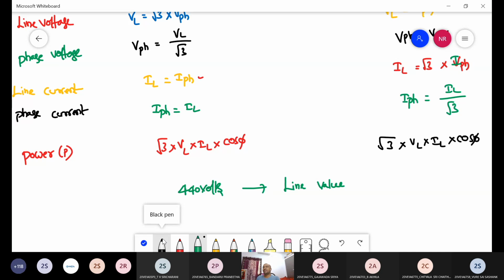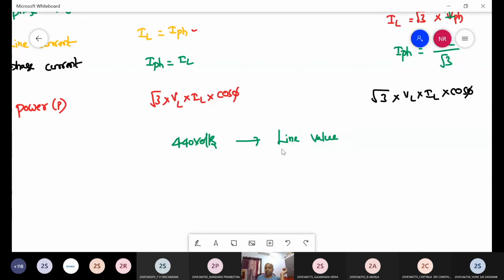If it is the utilizer side, meaning the consumer side, so here, if we are the consumers, we utilize the value. If it is three phase,